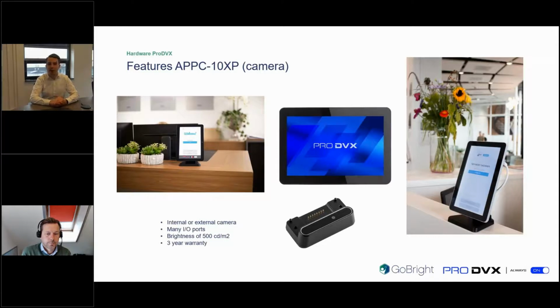Having a high amount of brightness in this case can also be beneficial in this scenario, as receptions are often situated in very bright spaces. As the picture on your right shows, it's a very light room. You might have some sun shining in from the side. You want your application to be visible, in this case the GoBright application as well,